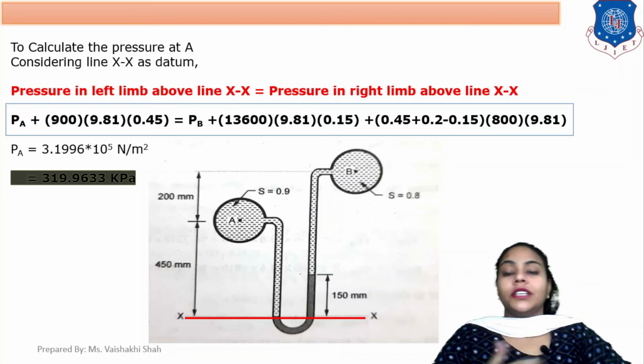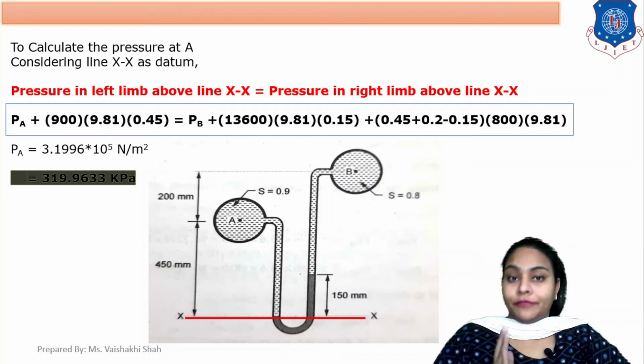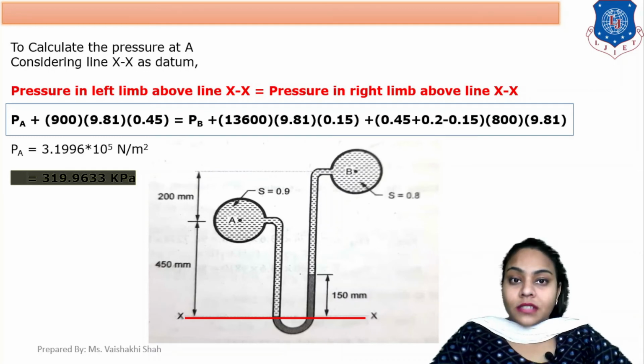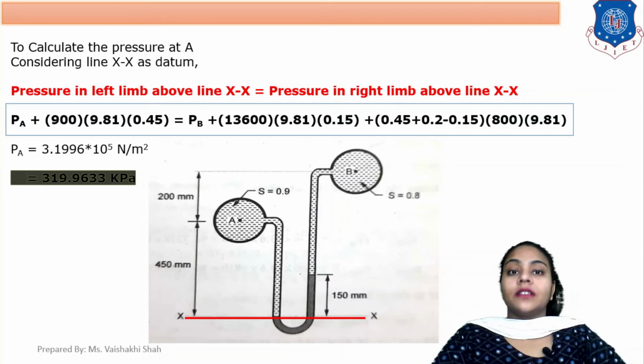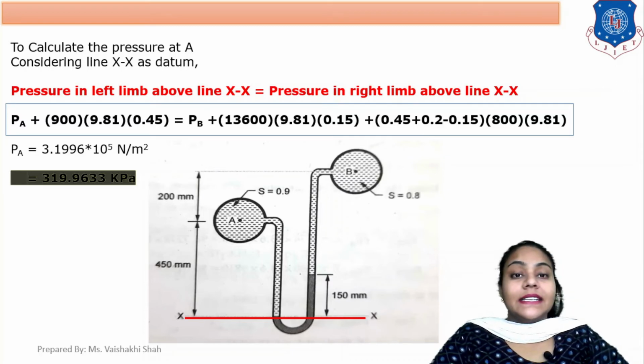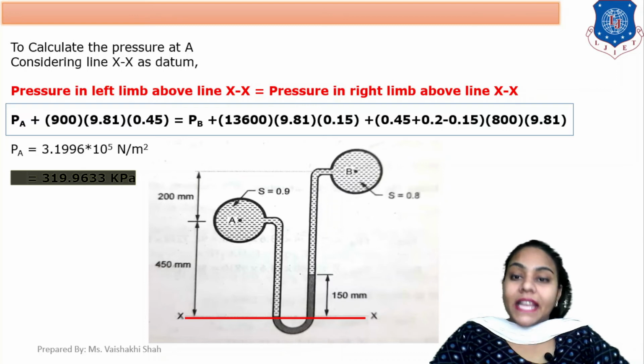First, the pressure in the left column is the pressure due to pipe A, which is PA plus rho 1 g h1. Here rho is the density, that is 900, g is 9.81, and the height is 0.45, equals